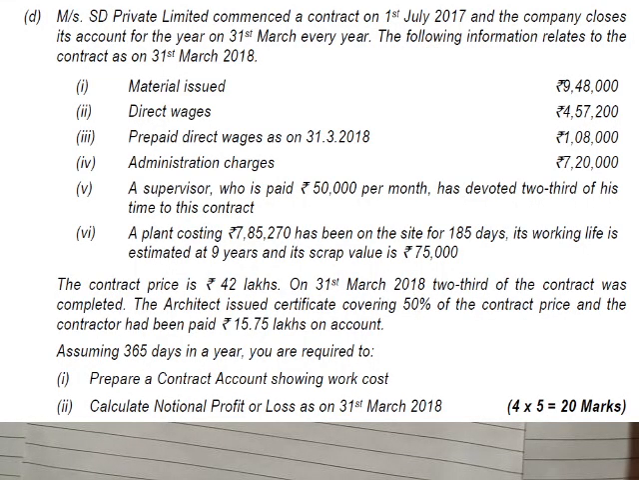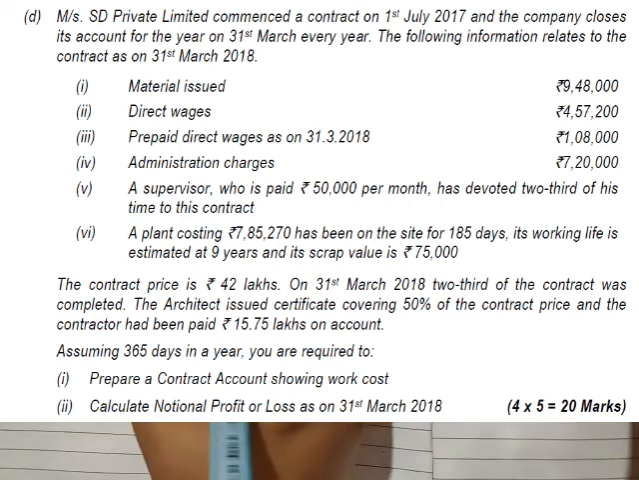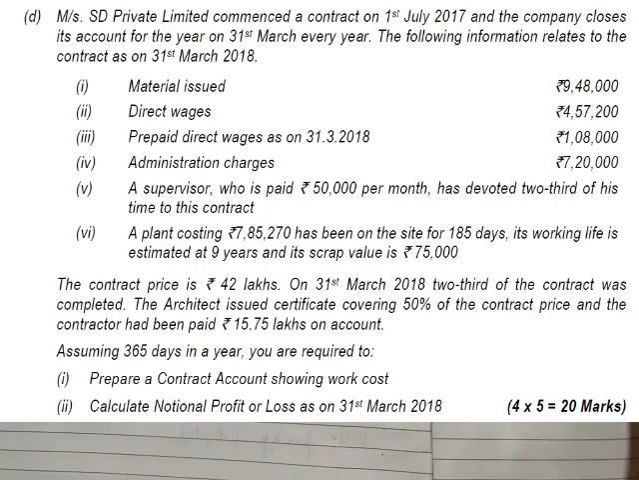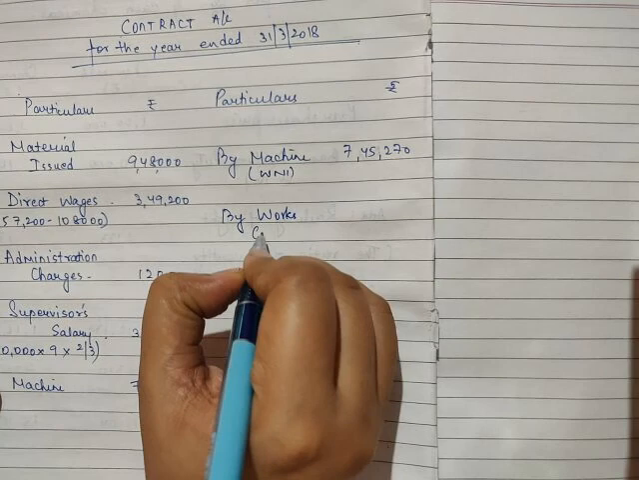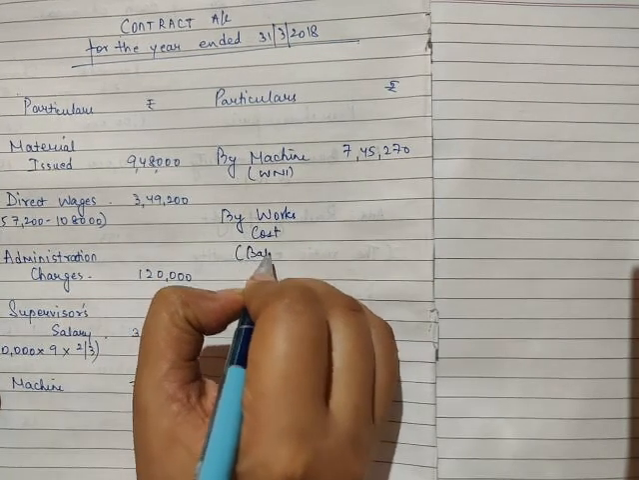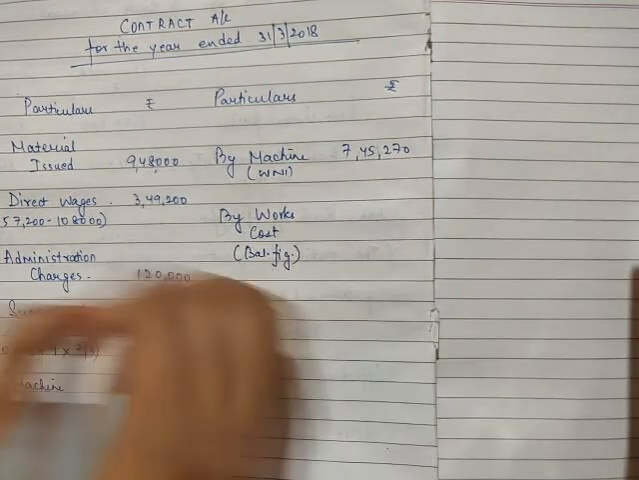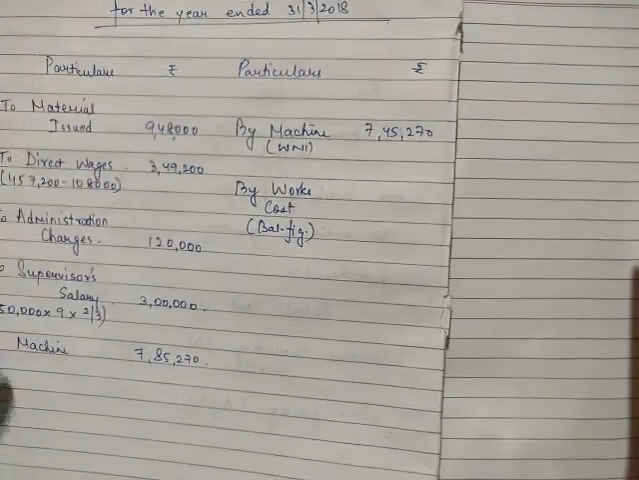So all the six adjustments mentioned in the question have been given effect to. Next, it is given that the contract price is 42 lakhs. Okay, so now that we have recorded all the expenses, let us calculate the works cost. So, by works cost, which is the balancing figure, we have